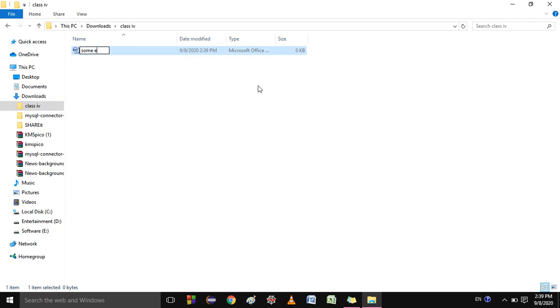These are the file names, some examples. By the icon you can understand that this is a Microsoft Word file. As I discussed earlier, there are PowerPoint files, Excel, Microsoft Access, and Microsoft Word.